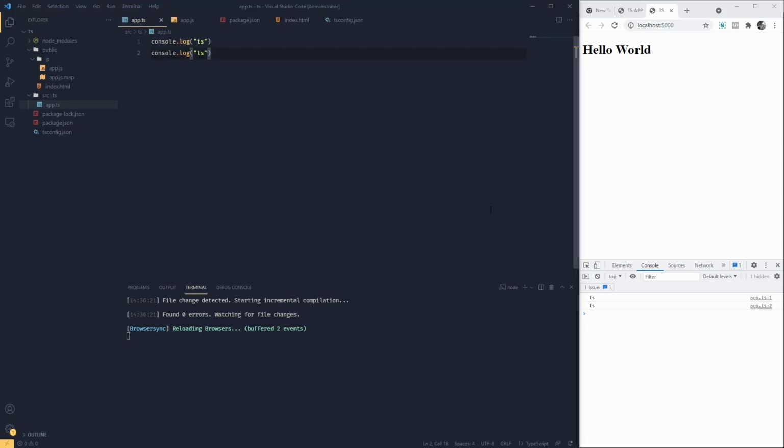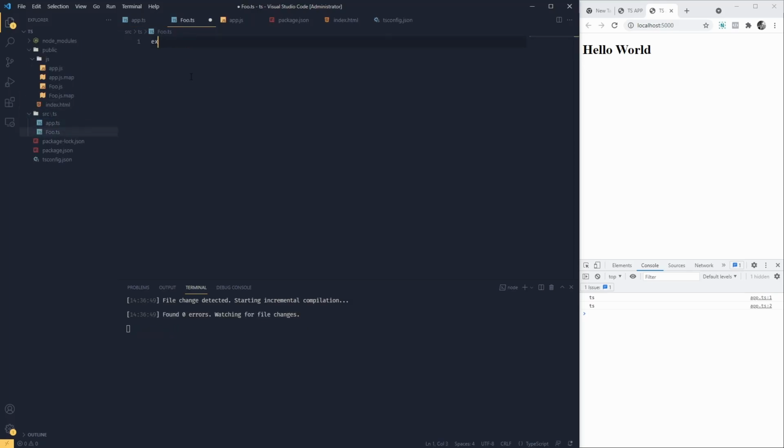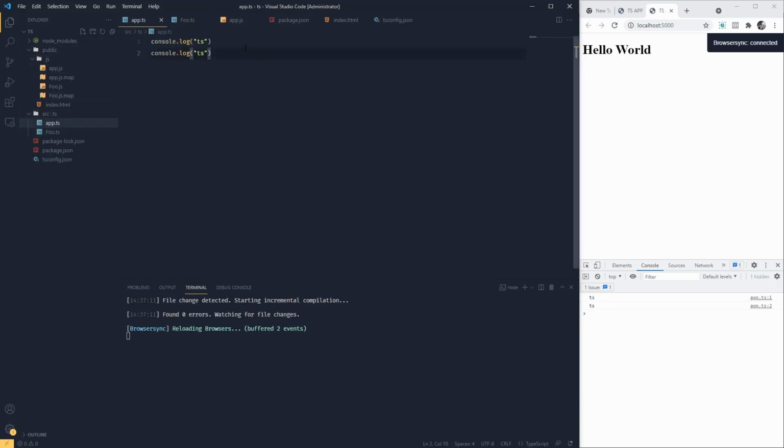As I mentioned before, we're going to be using ES6 modules, so let's quickly test that. So I'm just going to create a new file called foo.ts, and inside I'm going to export default class Foo, and within the constructor I'm going to console.log something out for me. So console.log, let's say this is foo. Right. If we try to include this file in our main app file, import Foo from